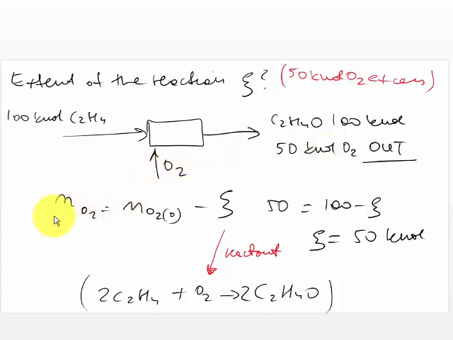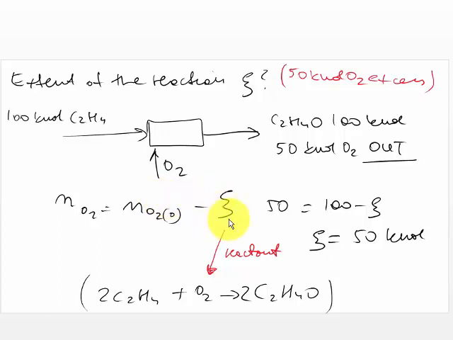So based on the definition of the extent of the reaction, the number of moles of oxygen coming out, which is 50 kmols, is equal to the initial feed of oxygen into the reactor, in this case 100 kmols,